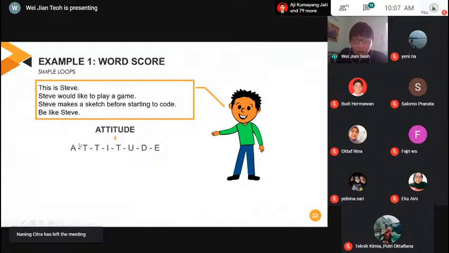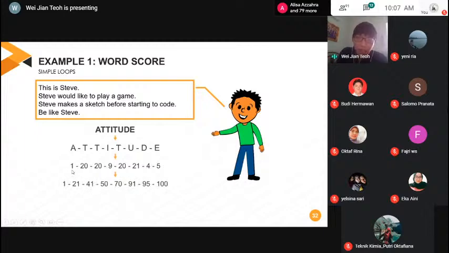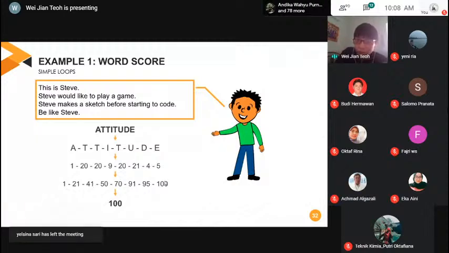So what I want to do is separate out the letters into individual ones. And then I want to give the score of each individual letter, and add up the score. And I just want the final answer, 100. So this is a sketch. It's usually better, before you start doing anything, to write down on a piece of paper a rough framework of what you want to do.